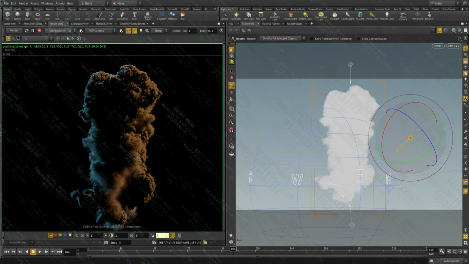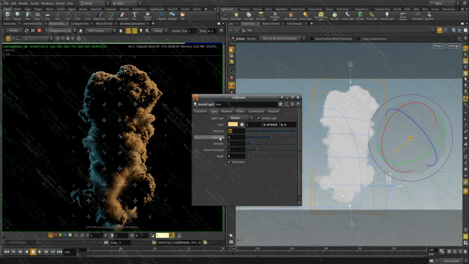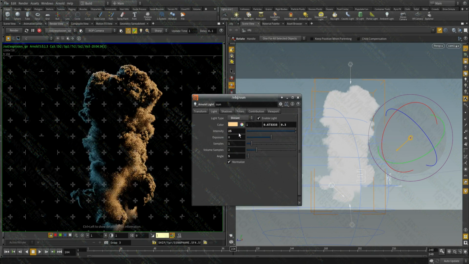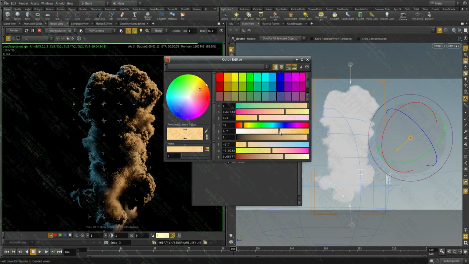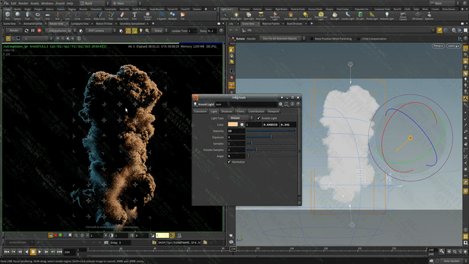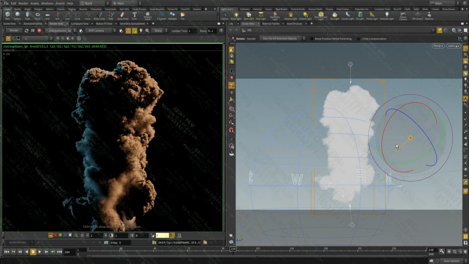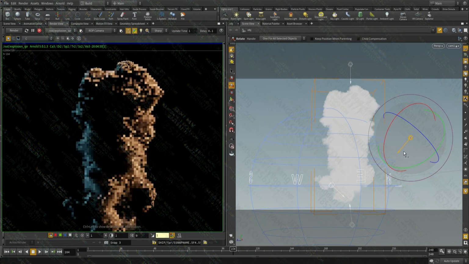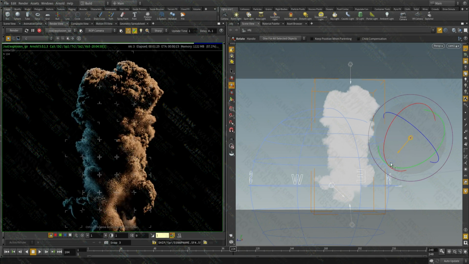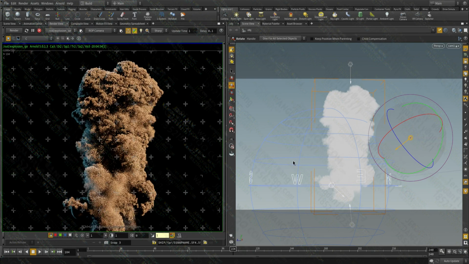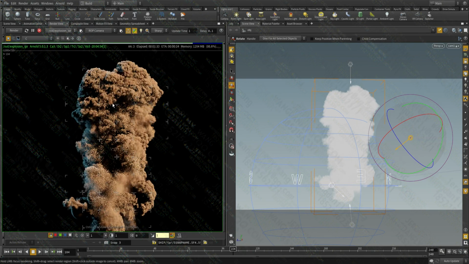So for this one, I'm going to increase the intensity to 20, maybe 25, and let's desaturate the color a bit. Maybe give it a warmer tone. And I always like to create this, you see it in a lot of my work, I create this complementary color. So this is the shadows I'm talking about. I can position it here. You can see it's just casting this area, but I don't want that.